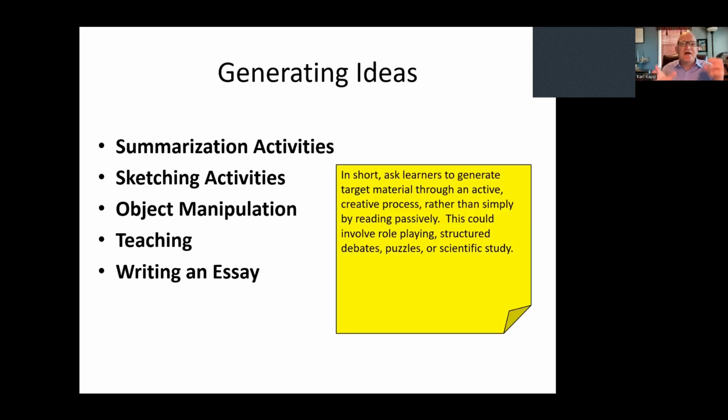Ask the learners to generate targeted material through an active creative process that you put into place as you create your scenario. This can involve role playing. It can involve, if it's face-to-face, structured debates or puzzles, or something as simple as writing up an outline for a proposal and having it checked automatically, or writing up an email and getting feedback. Those kinds of things can help because they're generative. And so when you create your branching scenario, how can you think about ways that you want the learner to generate ideas or concepts or